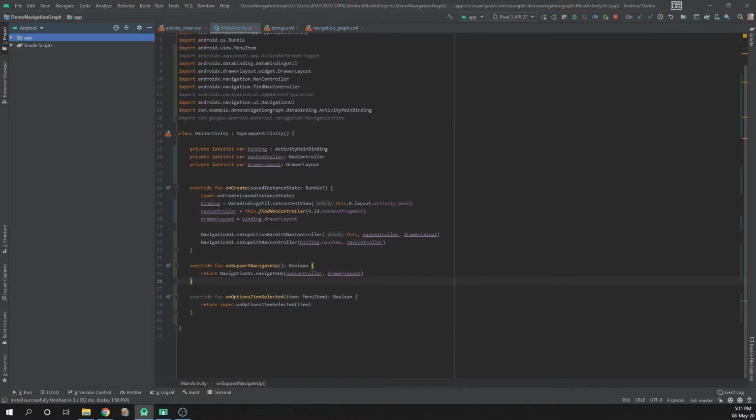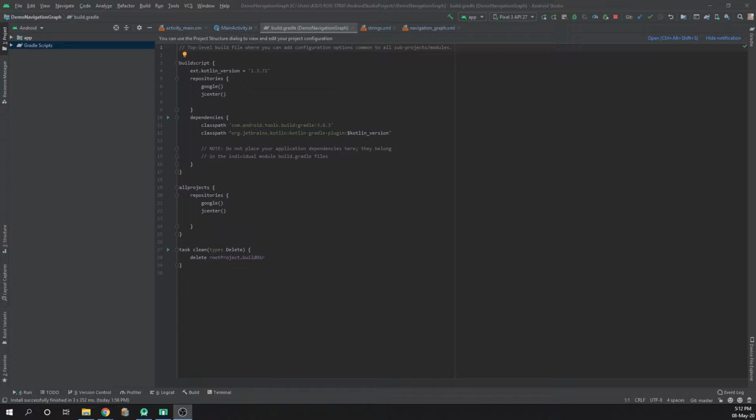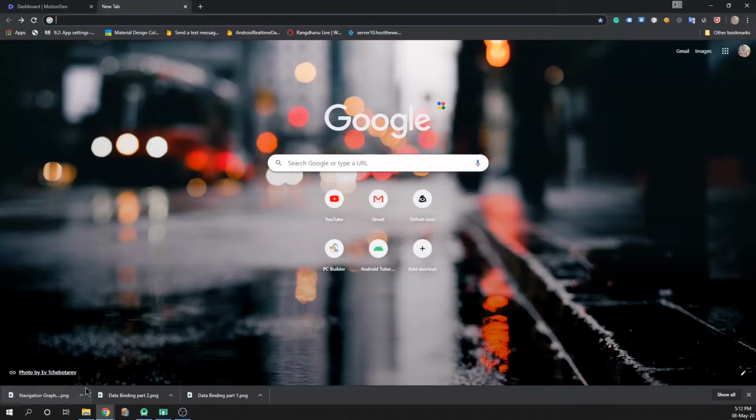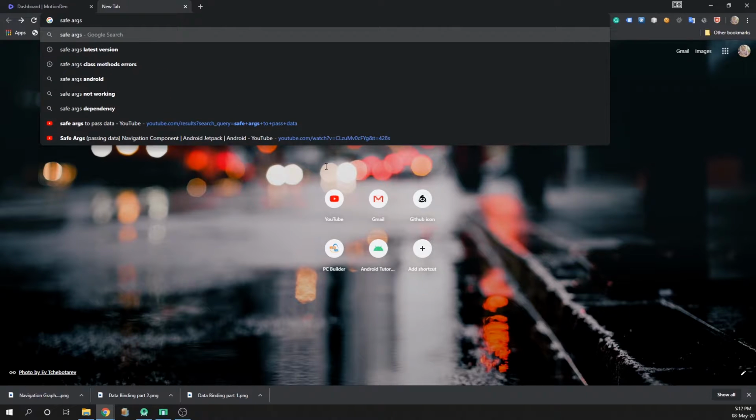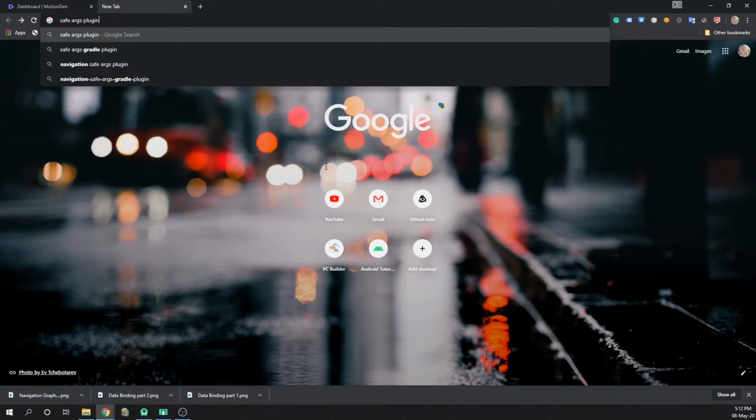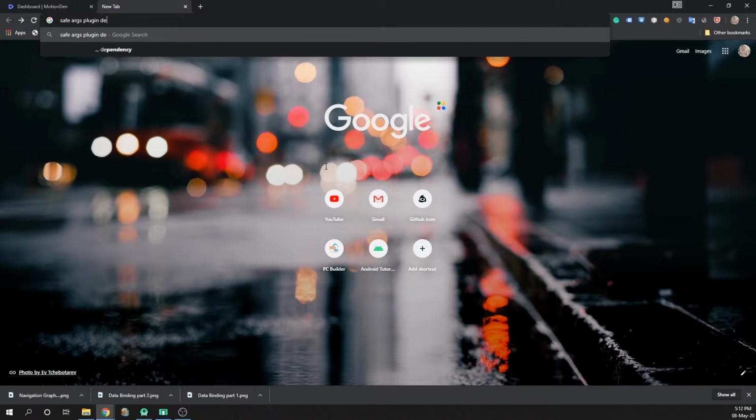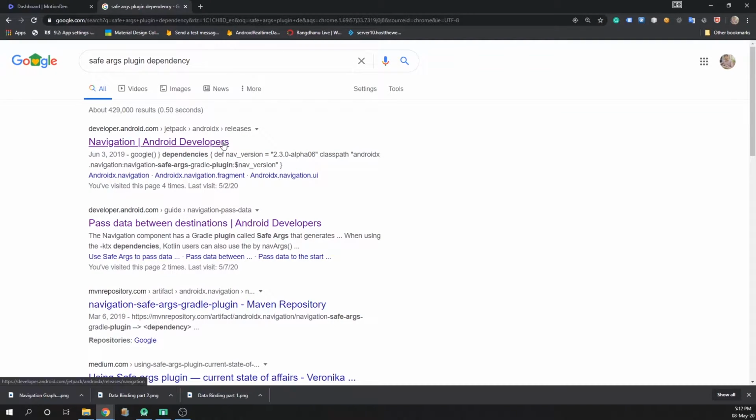So here is our Android Studio screen, and first of all we need to add the dependency for the Safe Args plugin. Okay, so find the dependency library. We just go to our browser and search for Safe Args Plugin dependency. If you search with this, the first thing here is "Pass data between destinations". Click on it,